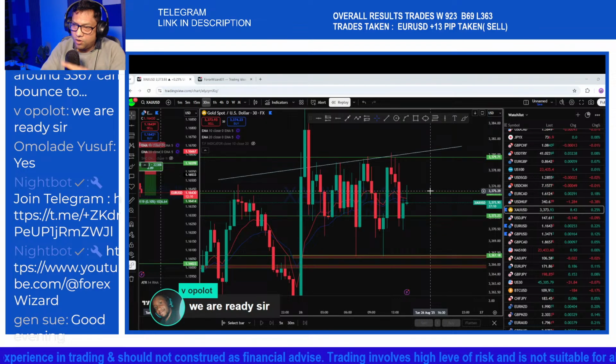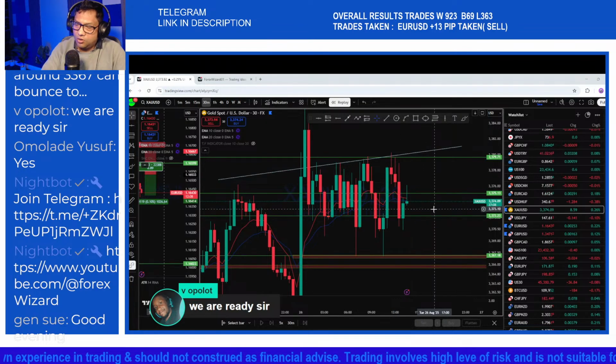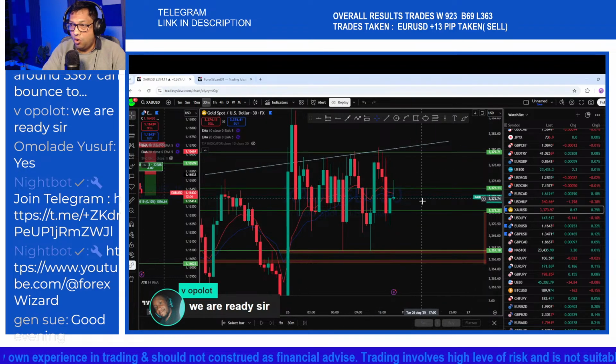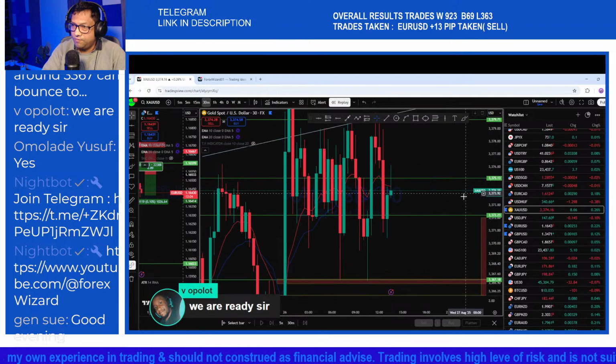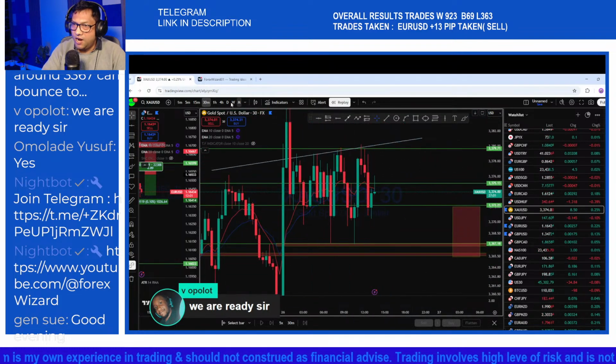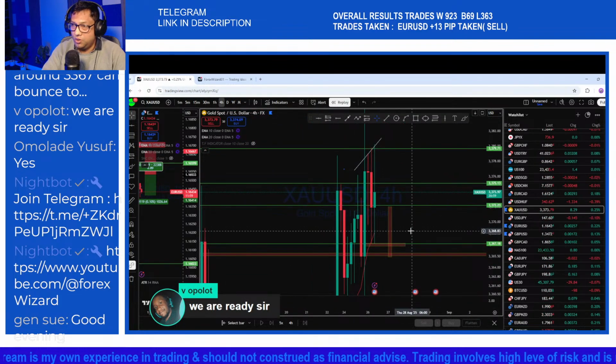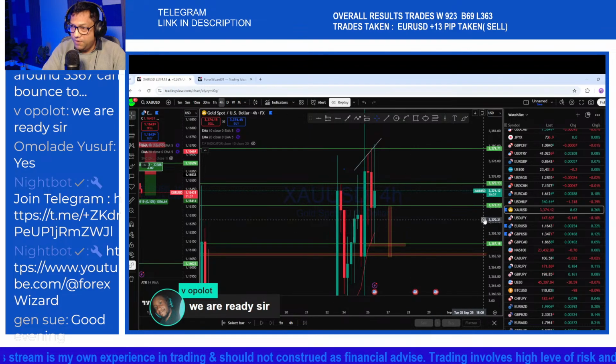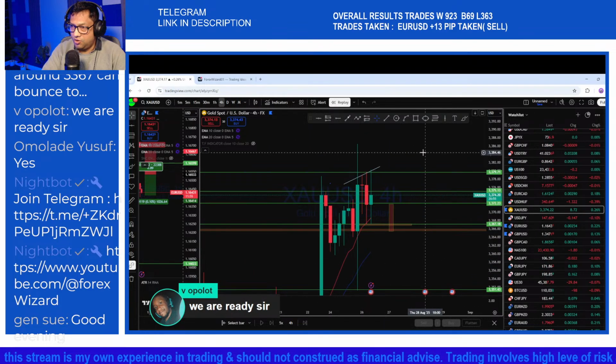Okay, so this 4-hour candle, as I mentioned, how this candle closes is important. If we see a very long, narrow doji on the 4-hour, then it might mean the market breaks again below here for another liquidity gap.